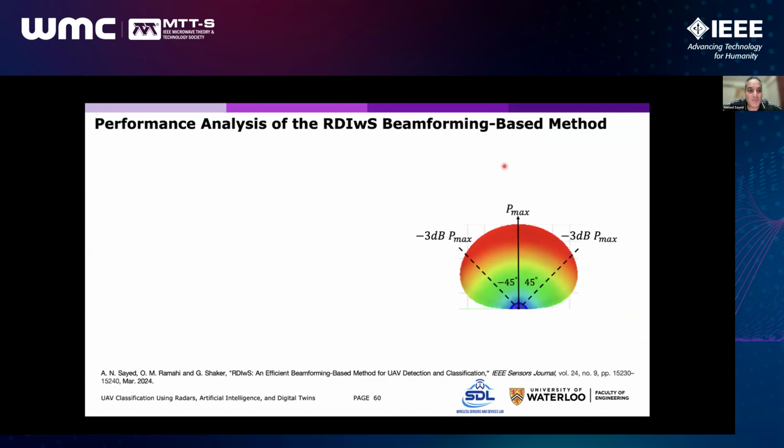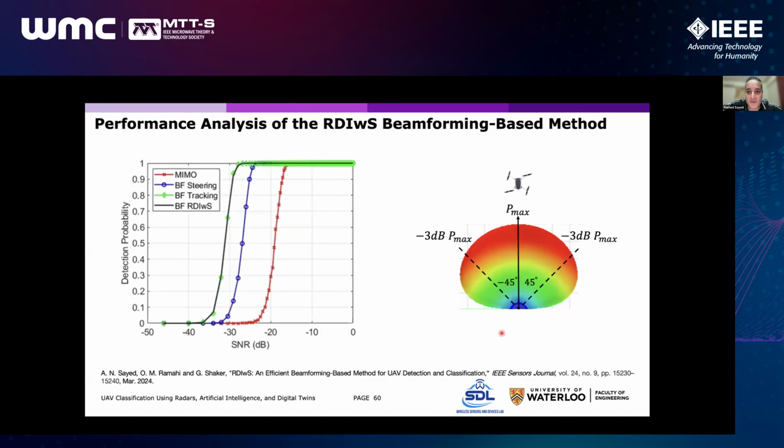We also perform some performance analysis of our proposed method. We assume that we have an antenna with a beam width of 90 degrees, which means the maximum power at the boresight and half power at plus and minus 45 degrees. In case we have one drone, as you can see at the boresight, we compared our method with